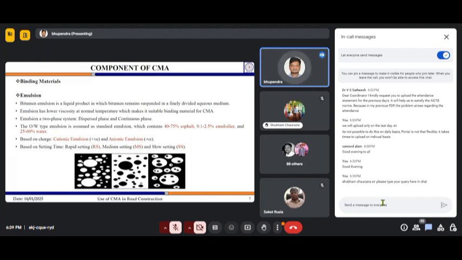In oil in water type, that is the standard one which we use, the bitumen is your dispersed phase. So bitumen particles are dispersed in water. That is the oil, which is the bitumen, in water. So oil in water type.